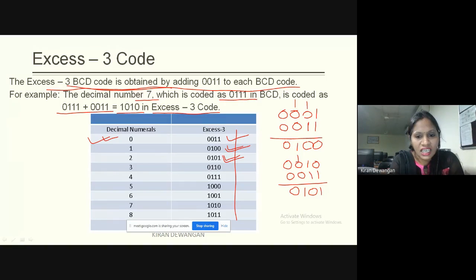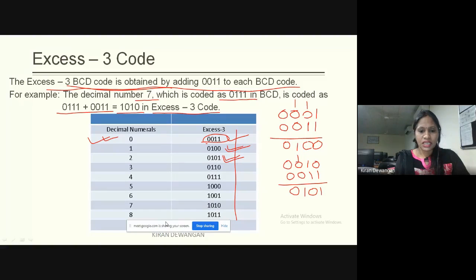Now we can see that the bit positions do not have any weights, but still it is a code for all the decimal numbers. Here we have coded all of them.